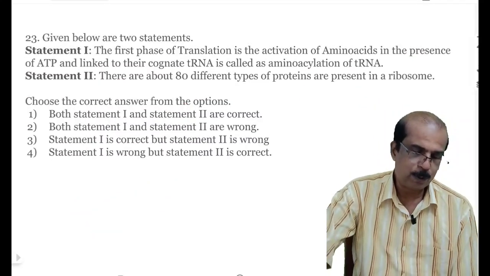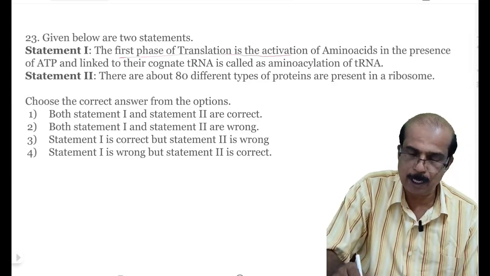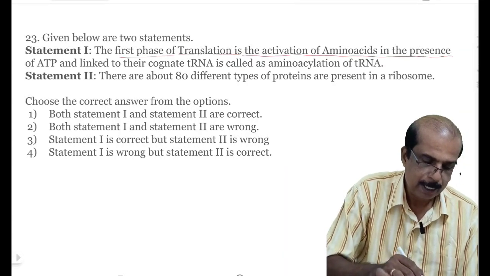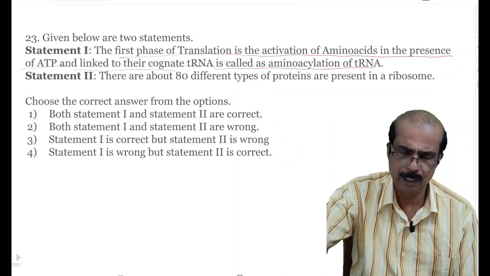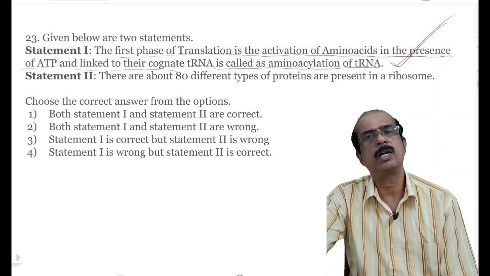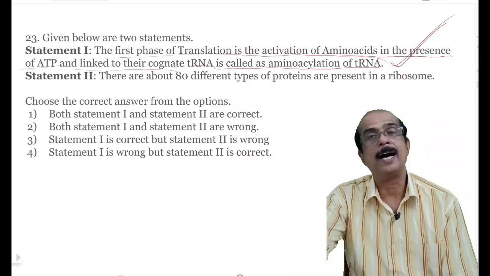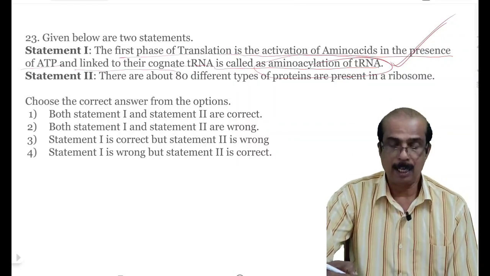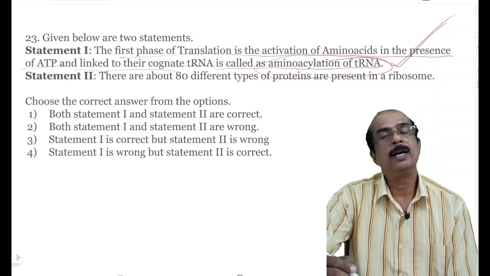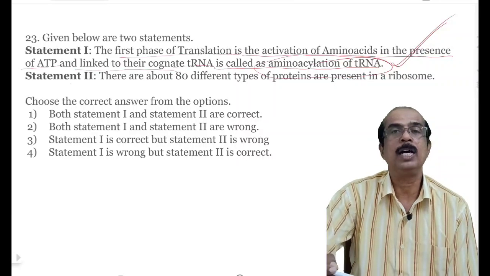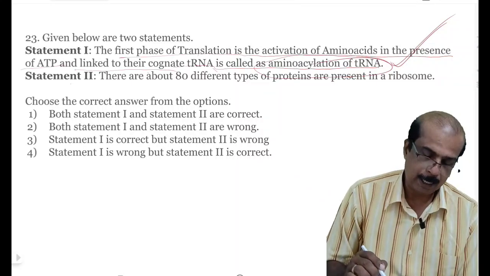Next question. Given below are two statements. Statement 1. The first phase of translation is the activation of amino acids in the presence of ATP and linked to their cognate tRNA, called aminoacylation of tRNA. Very correct. The statement is very well correct. First step is aminoacylation of tRNA or charging of tRNA. tRNA is charged using ATP and a suitable amino acid is added and it goes to the rRNA for